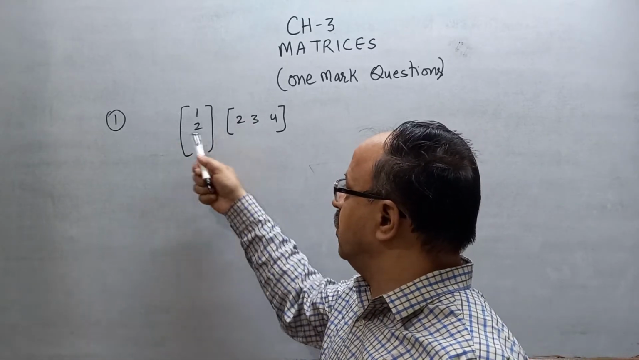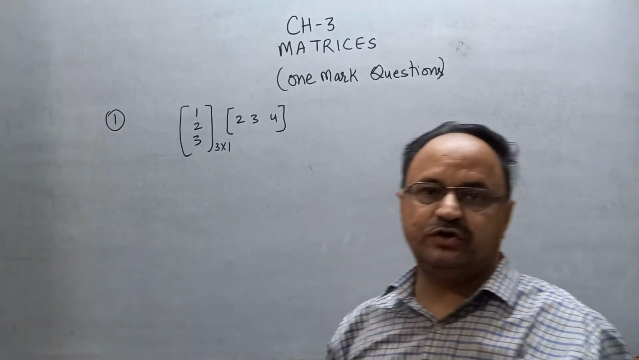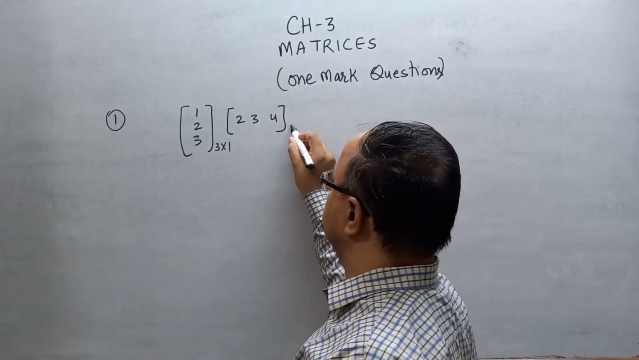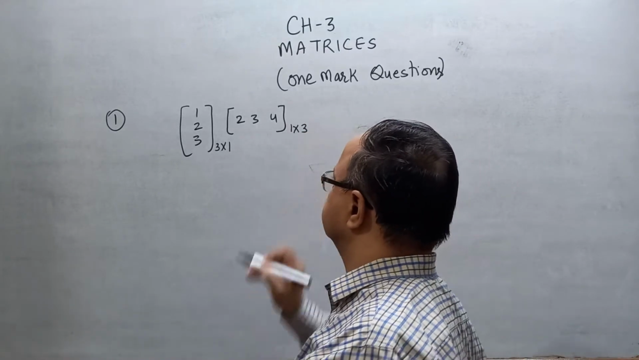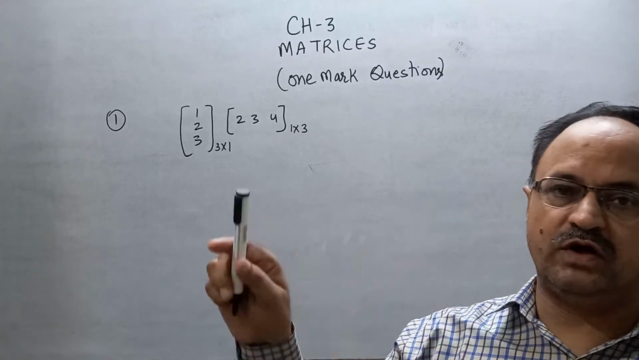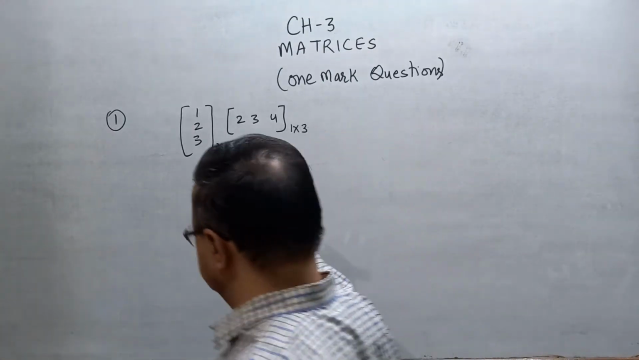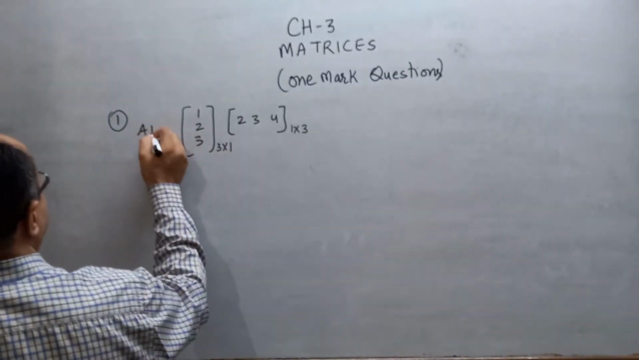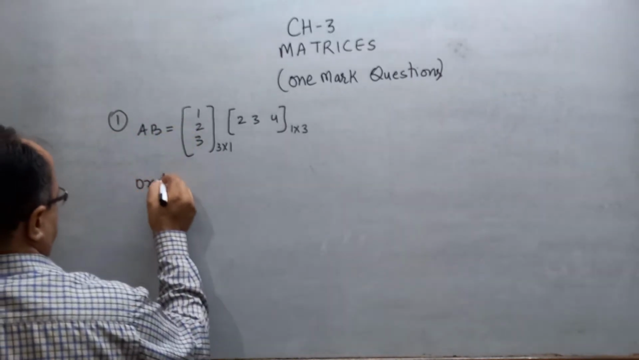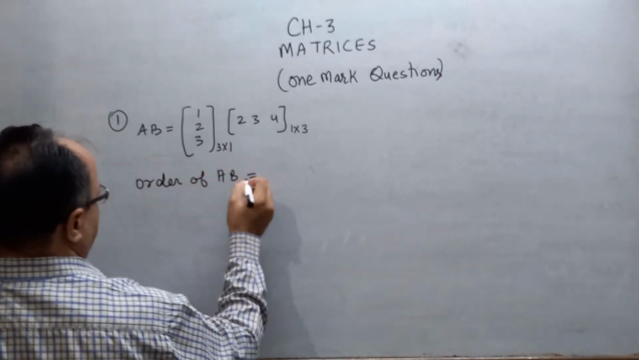that is row into column, that is 3 into 1, clear? And the order of this matrix, you know, is 1 into 3, 1 row and 3 columns. Now can you tell me the order of their product? Order of AB, you can say,